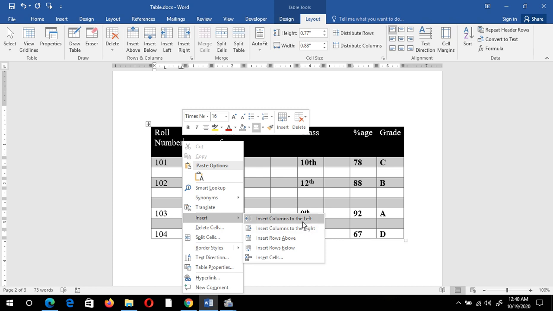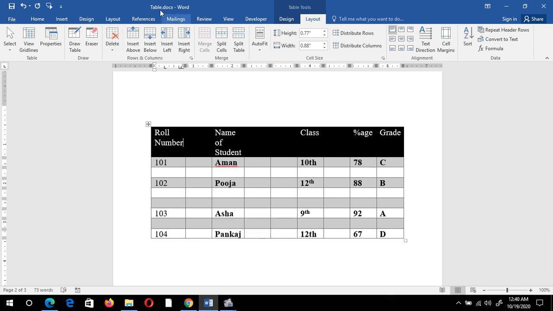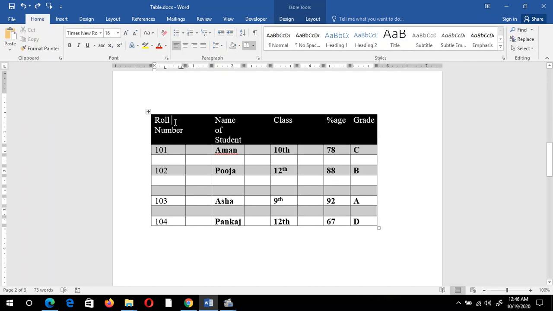Those options are also available on the toolbar. And if you want to insert a row, we have the options insert row above, insert row below. So we can select these options from here also, or from this group, that is the rows and columns group.